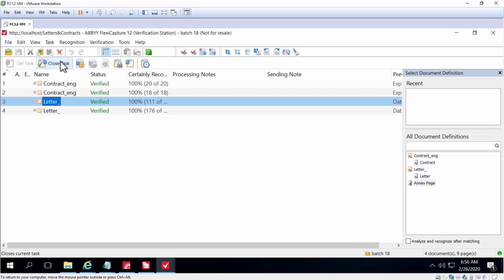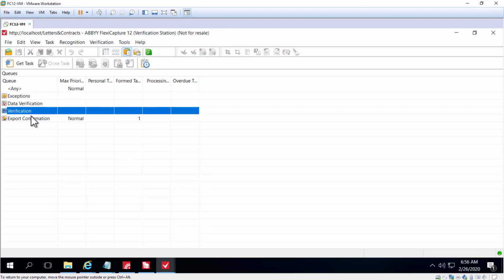The next stage for this task is the export confirmation queue, where you can take one last look at the data and make changes if needed before the documents get exported. Now I'll get the task from the export confirmation queue,